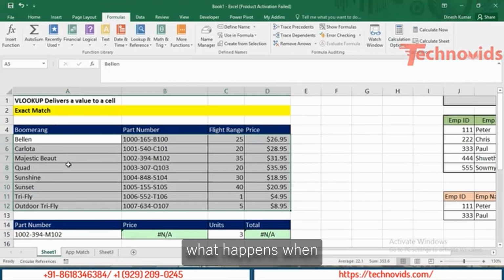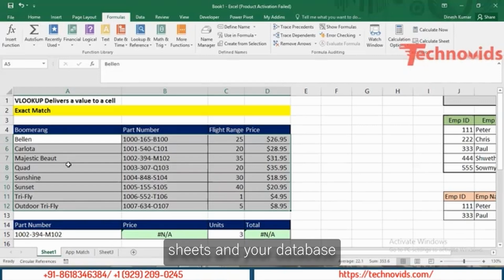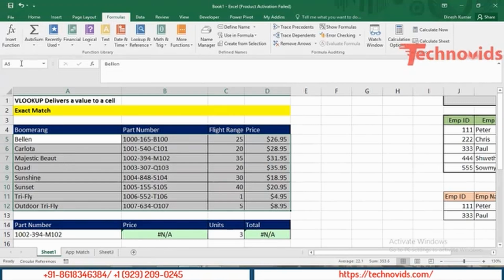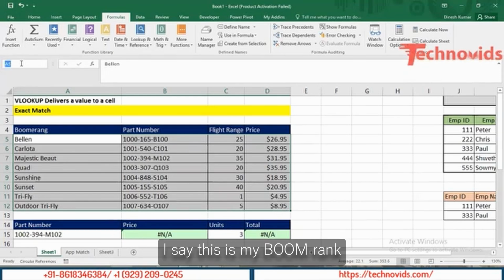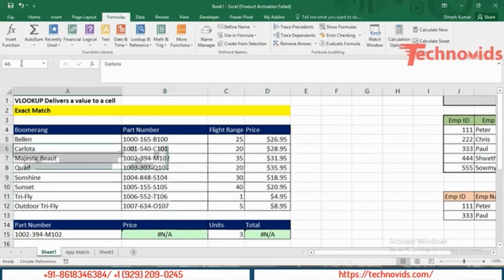Especially what happens when your workbook has multiple sheets. Let's say you have 20 sheets and your database is in sheet one, and you're creating a dashboard in the 20th sheet, then it's a little difficult to navigate between sheets always, right? So it's always a good practice to name your table and use that inside your functions. Say this is my boomerang table or B table, let's say. I say B table, enter. So that's the name I've given to this table. And I come back